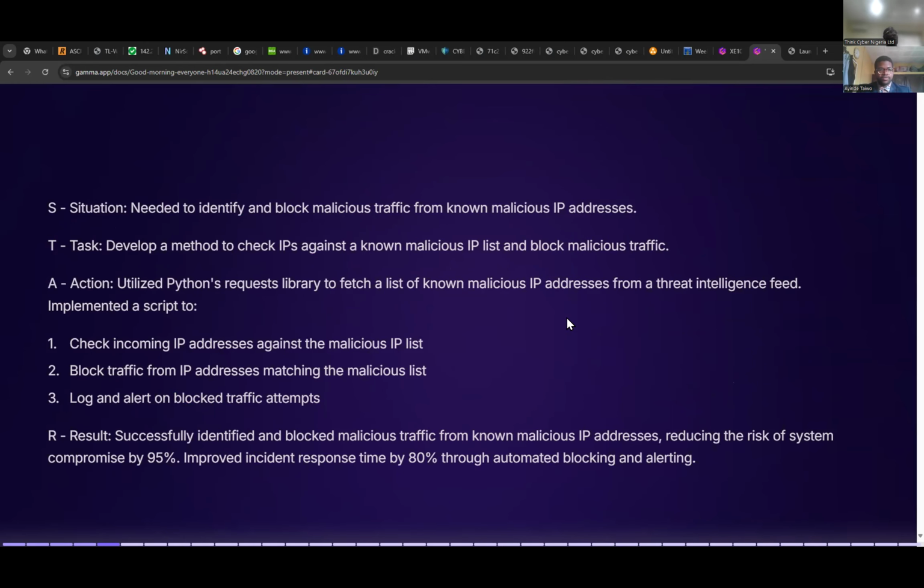We have a situation. We need to identify and block malicious traffic from known malicious IP addresses. Our task is to develop a method to check IPs against a known malicious IP list and block the malicious traffic. Our action, we are to utilize Python